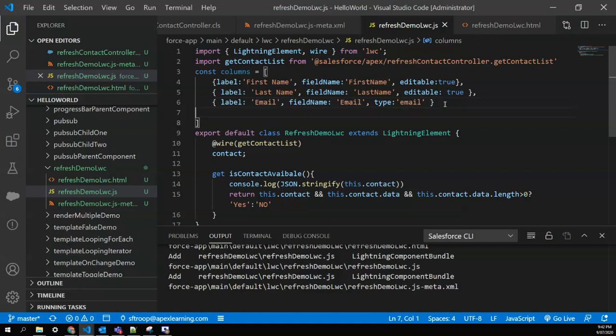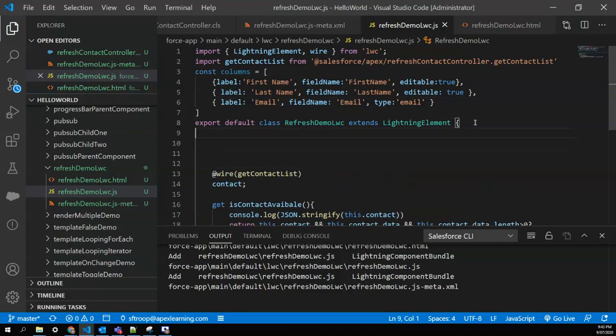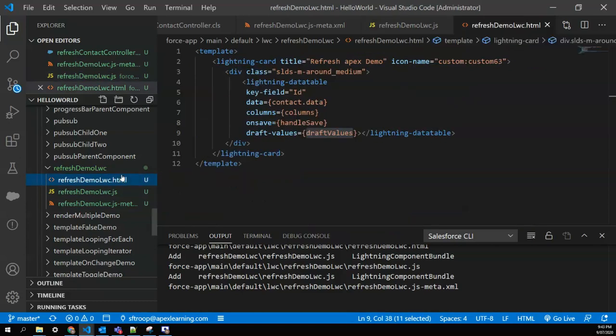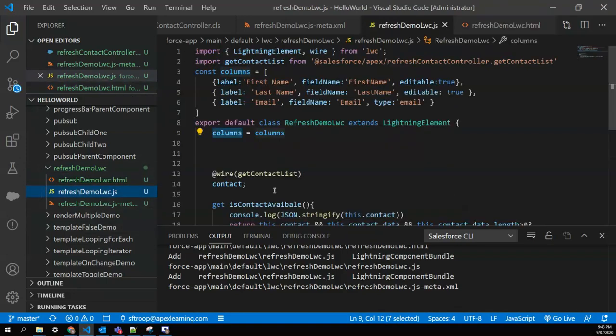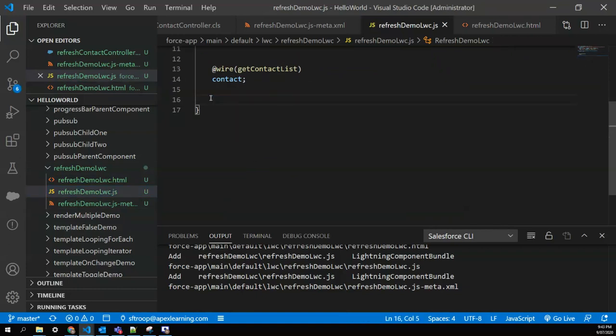Okay, so we defined our column, and let's create some private properties. So first private property is columns, and map these columns to that columns. And columns we already defined here, so these columns will map here. Then we have a handle save. So let's create a method. We don't need this getter anymore, so we can remove this. We create a method handleSave